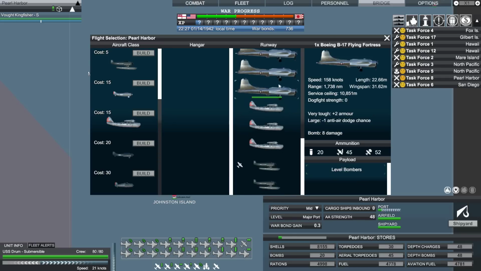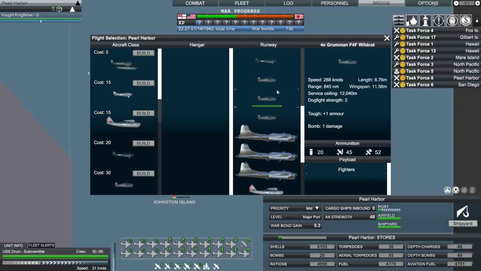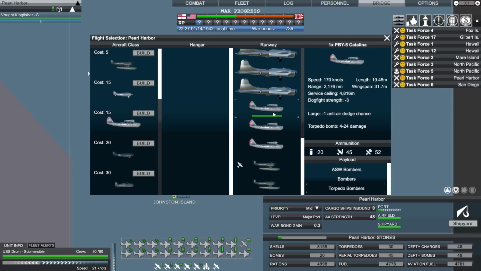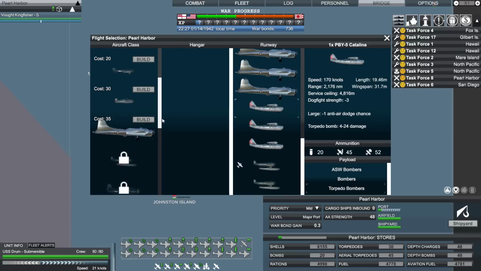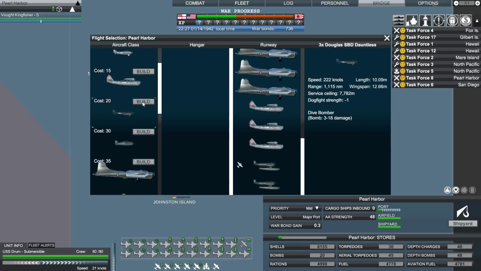So I'm actually going to get rid of these torpedo Catalinas. I don't think that they're very good torpedo bombers. So I'm going to get rid of them, and instead I'm going to put in more... Well, I guess they're fine right now. What was I going to put in more of? I would probably put in more Dauntless dive bombers. Yeah, okay, you know what? I'm going to. So what we're going to do is build some more SBD Dauntless dive bombers, which are very effective. And we're just going to replace these